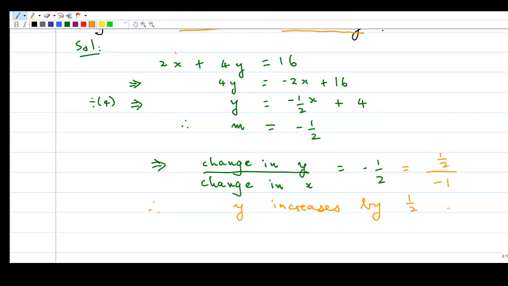Come on. Okay, that's the answer. So y increases by half. That's answering the question. Now, graphically,